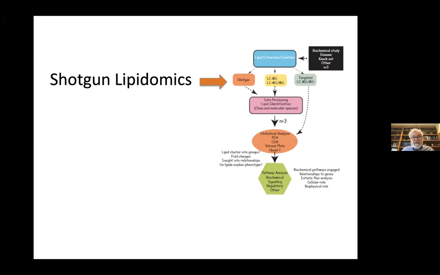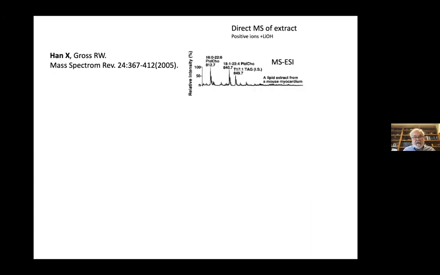So let's talk about shotgun lipidomics. You've heard about that from Gerhard, so it was nice having him first. I won't have to go into a lot of details about shotgun lipidomics, but he showed you a similar sort of spectrum as we see here from Jianling Han, in which they add lithium to make positive ions out of neutral lipids. And if you look at just single MS analysis of that extract,